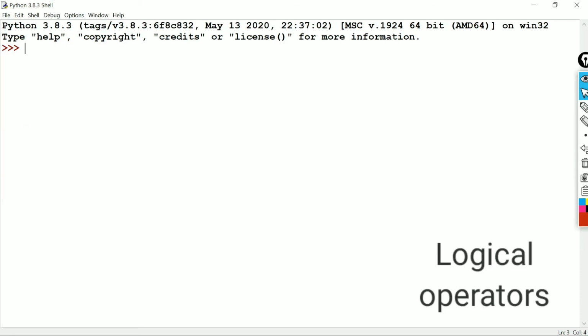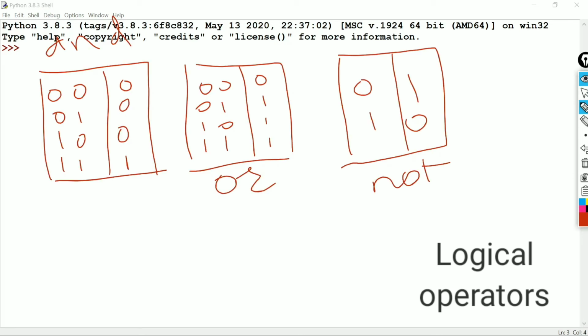Next operator type is logical operators. They are used to perform logical operations like AND, OR and NOT. Logical operators return either true or false. Here is the table of AND, OR and NOT operations. 0 is false and 1 is true.